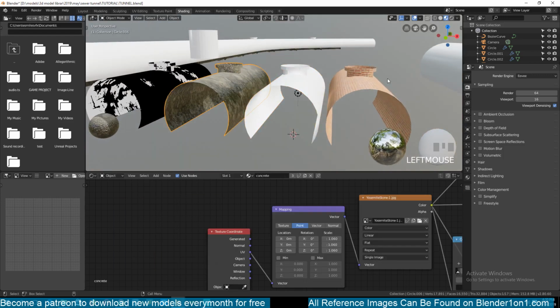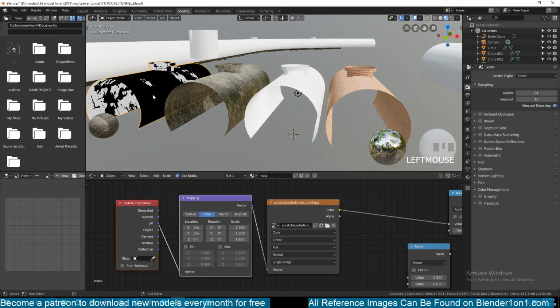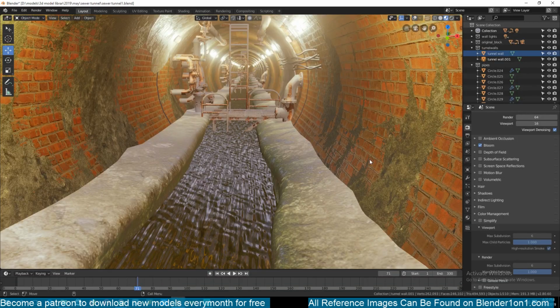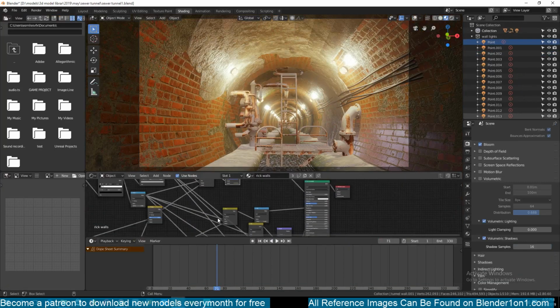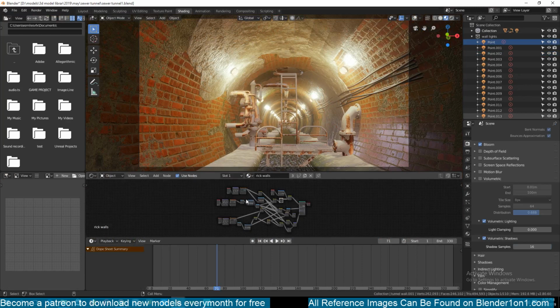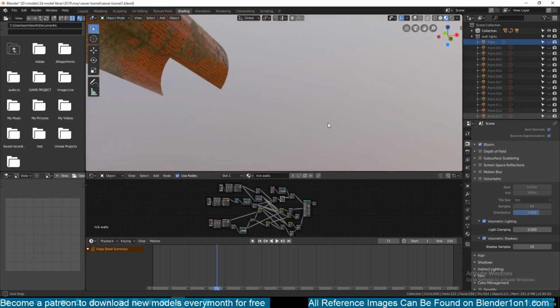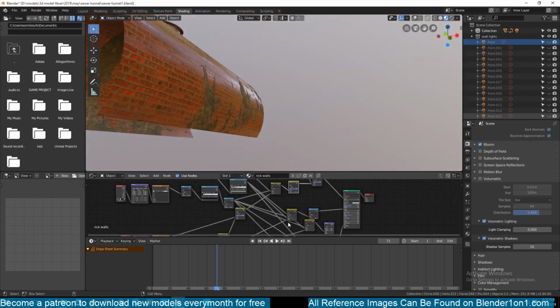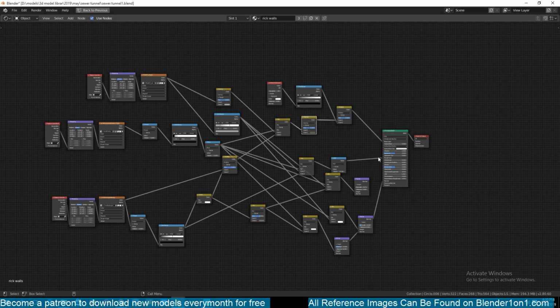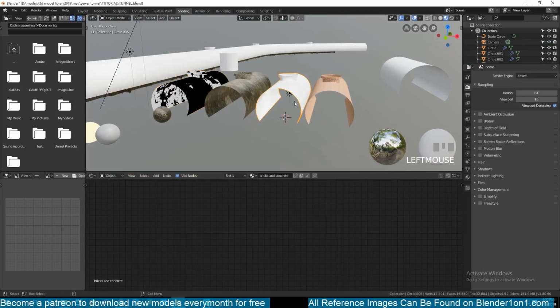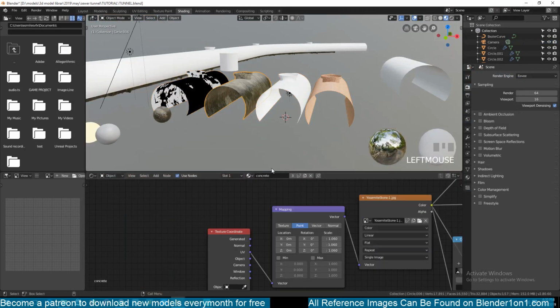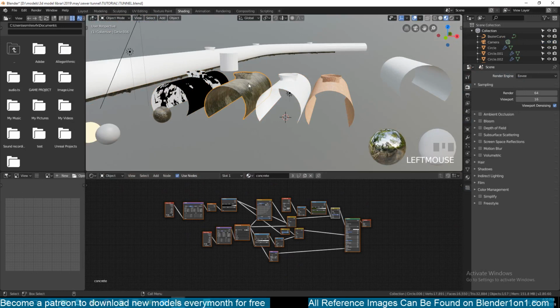So we have this material, and we have this material, and we have our mask. There is an easier way to put this all together, but it's not how I did it here. This is way too complicated to explain, so I'm going to do it the easier way, because I don't think it was necessary to do it this way. Because we have these as separate materials, I can just copy this concrete shader,